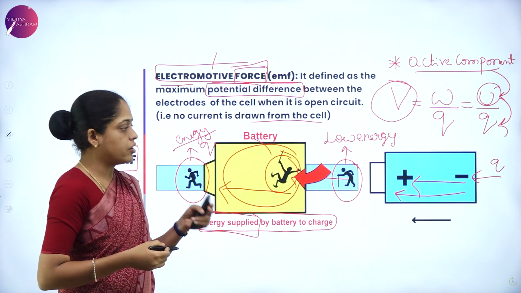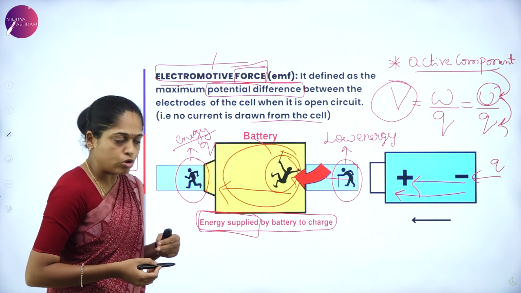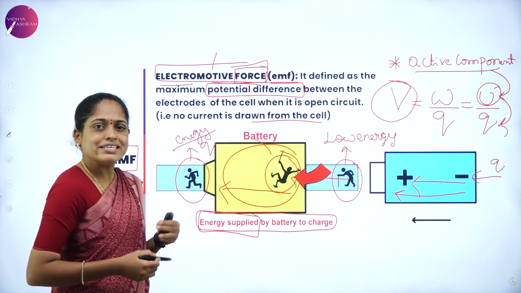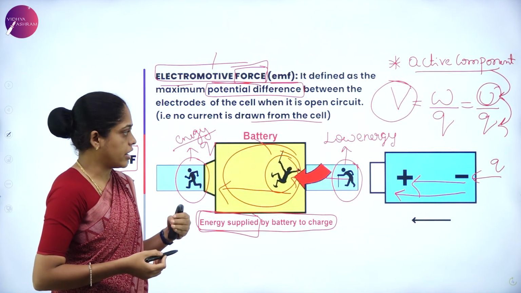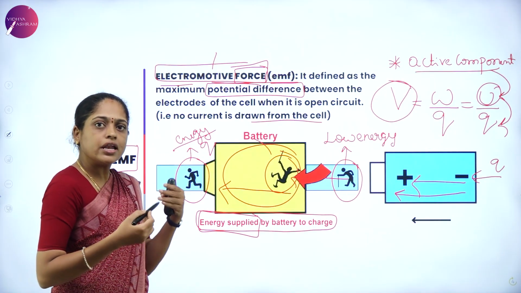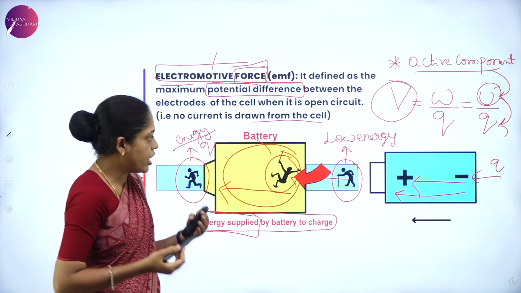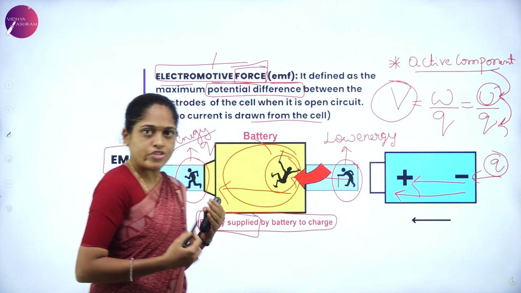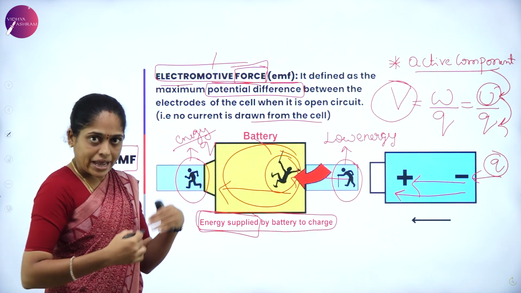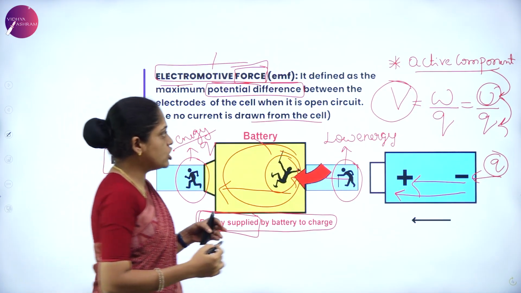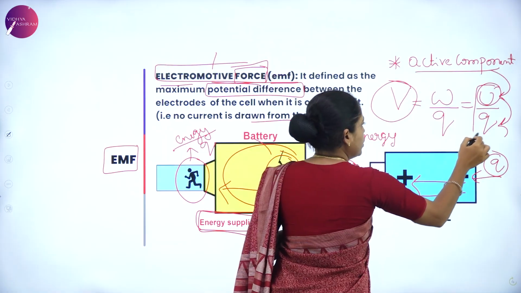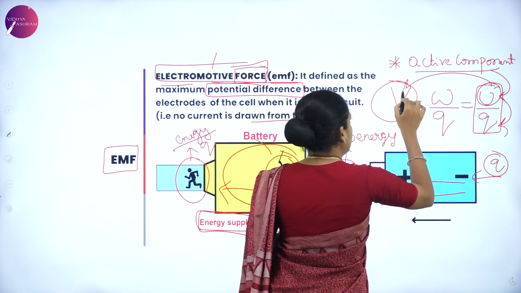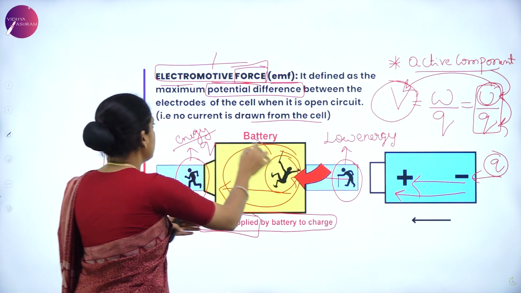While moving it from the negative terminal to the positive terminal, work is done by the chemical reaction. This work done is equal to the potential energy of the charge, supplied by the battery. That potential energy per unit charge is the potential difference of the cell, which is known